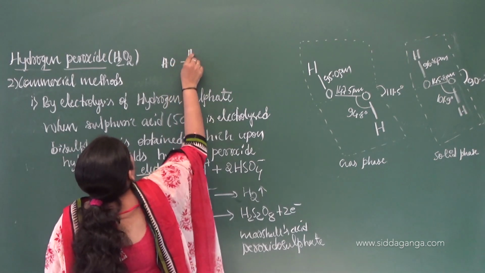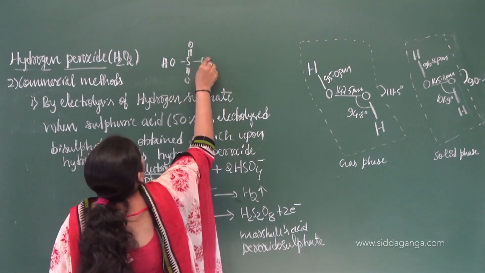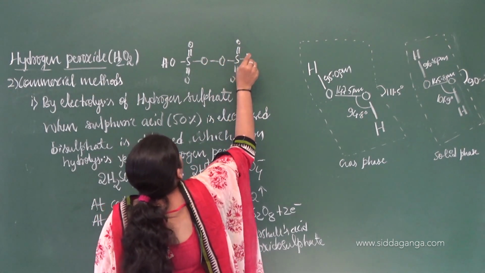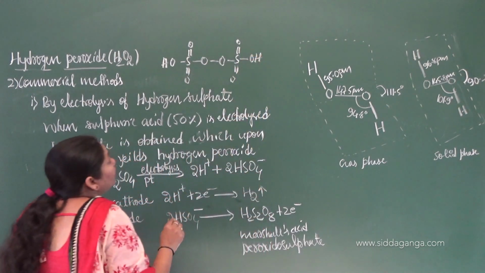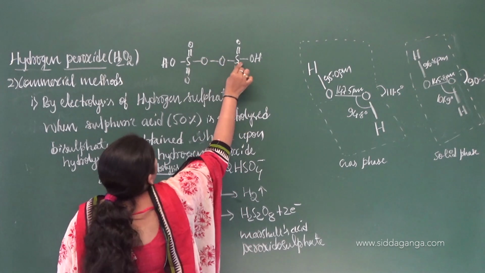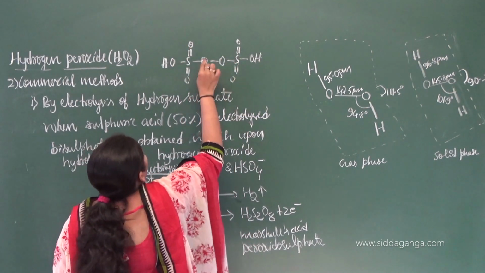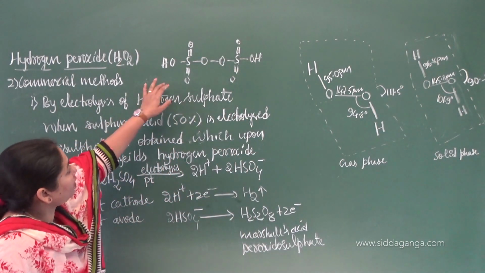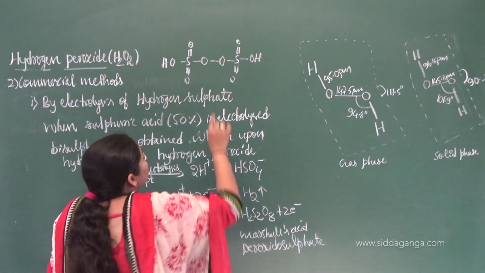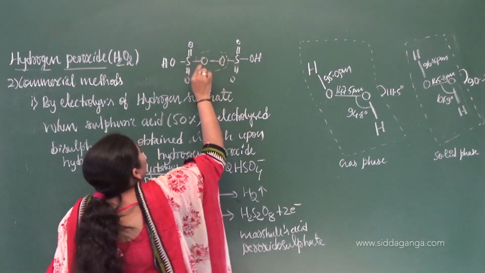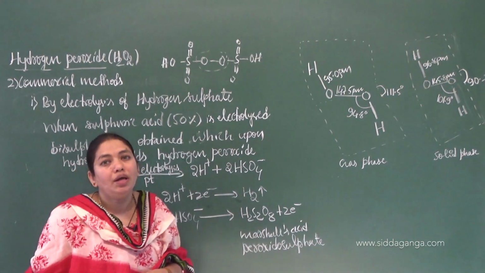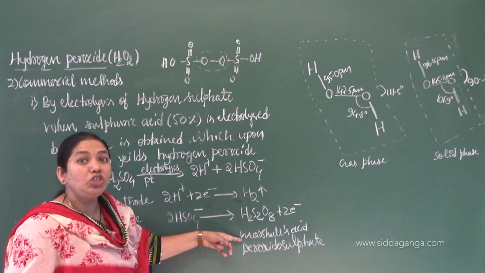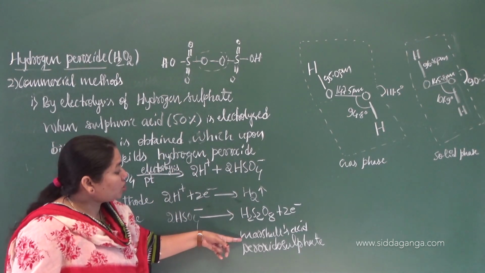So if you observe the structure of this one, it will be OH, S double bond O, here there will be O, and then S double bond O, S double bond O. So here it will be OH. This is H2S2O8. So peroxido disulfate it is. Why is it called peroxido? Because of this O linkage, no? This is called peroxo linkage, right? This is also called Marshall's acid. Remember, this is also called Marshall's acid.